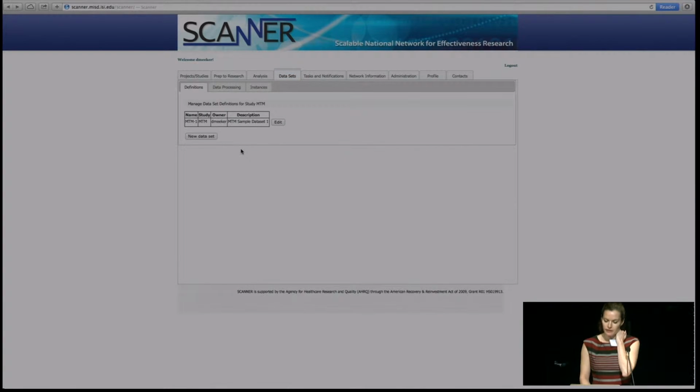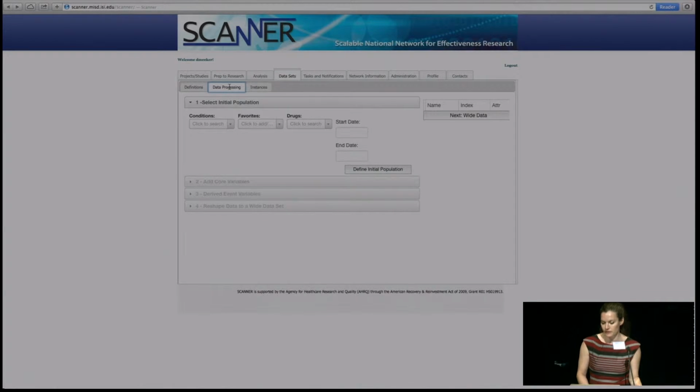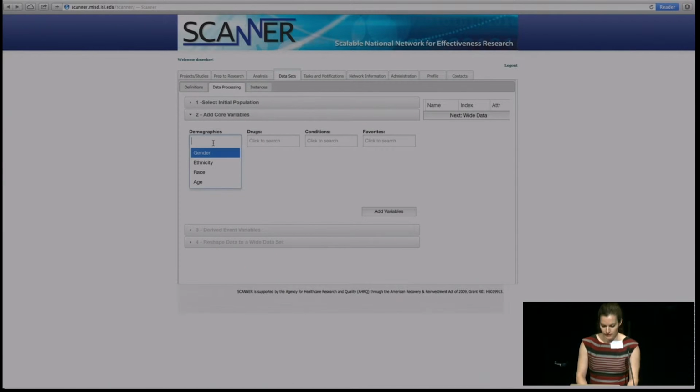So this study has only one data set, the medication therapy management data set, and I'm not going to walk through all these different steps. It's just to show that there's actually a user-friendly interface here that allows us to create the data sets, set the initial population, the start date and the end date, go through and continue to add variables over time to our data set. So this walks the user through creating a particular kind of data set that's consistent with the analysis, and you basically build up your data set in the pane over here,